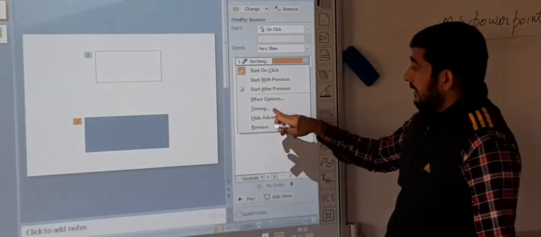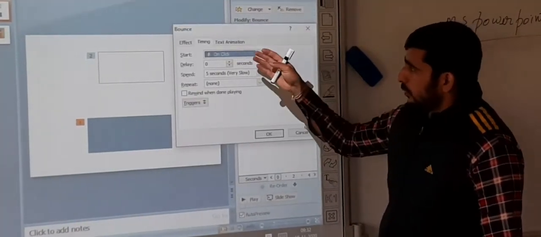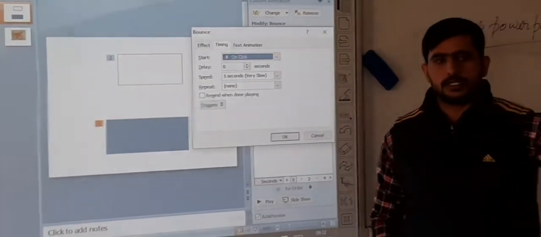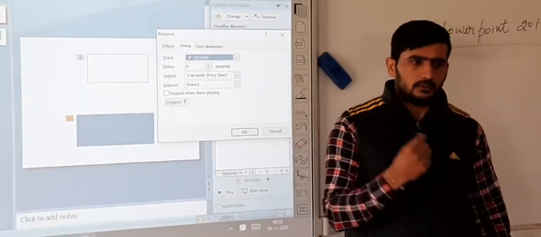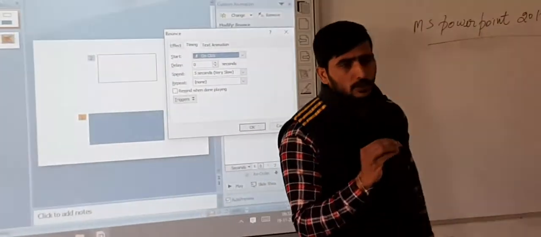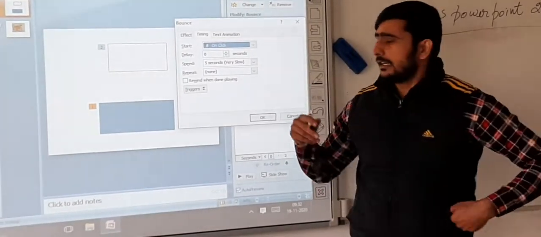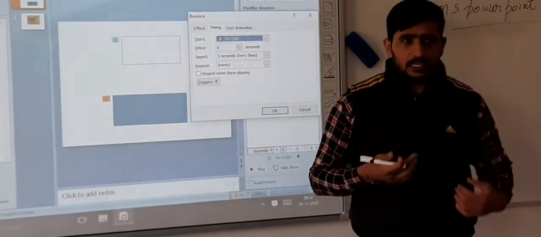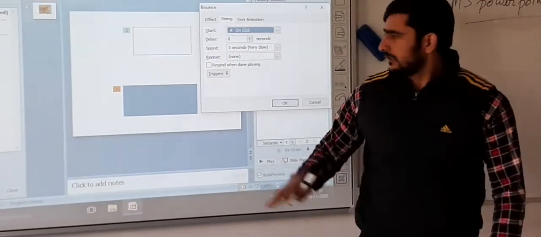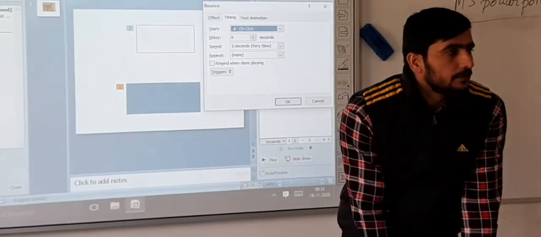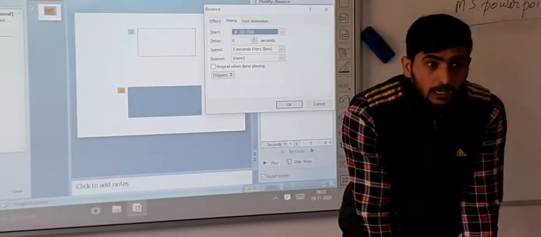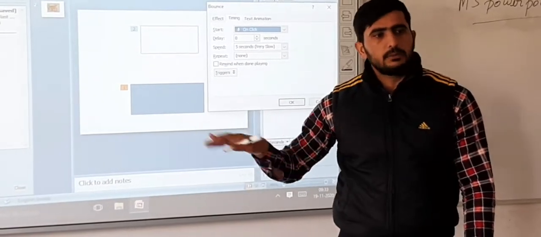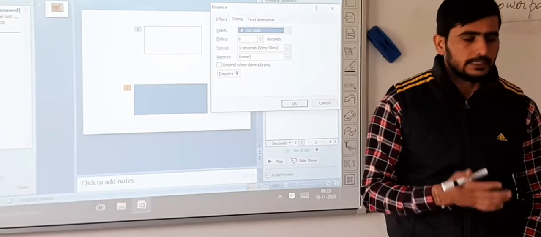Okay, if you want to change the timing, what time you will need from the previous slide. पहली वाली slide change हुई हमारी, but you want that at the time of presentation, this second animation should start after 30 seconds because I want to tell the audience about the first transition. Now, the first animation object which I have been using, इसके बारे में मेरे को कुछ बताना है. I want to tell something about this.